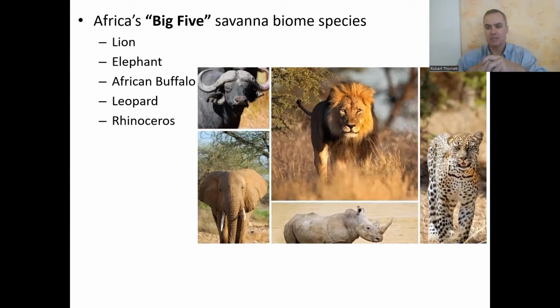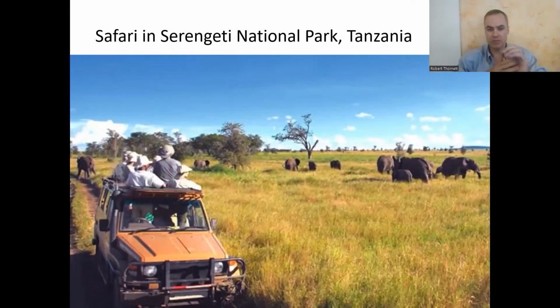And if you ask someone who's from Africa, like a Maasai tribesman or something like that, which of these is the most feared animal, it's actually the leopard, because the leopard is stealthy. It's more sneaky. Leopards will hide up in trees, and then they will survey the land. And when something comes by, they'll pounce out of there and jump down. You can see in the safari on the left, you usually get a Land Rover or those 4x4 style with the pop top, and you're allowed to stand up and take pictures, but you're not allowed to get out of the car for obvious reasons.